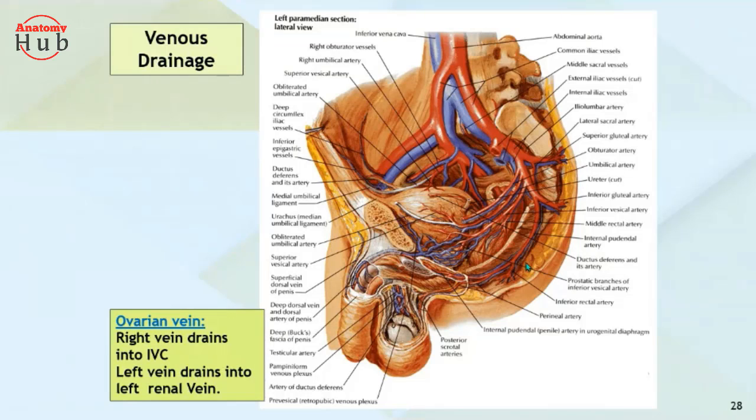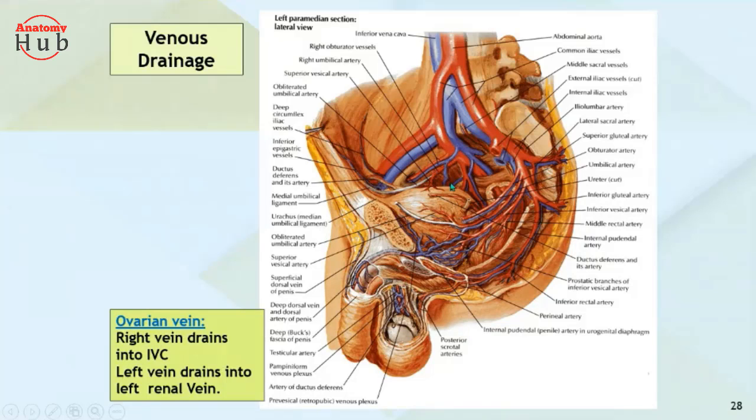But the thing is that the artery is coming centrifugally, but the vein is going centripetally, right? It is going towards the center, while the artery is coming out of the center. Here you'll find the branches are coming out from the artery, but in the vein the tributaries are going in, collecting the venous blood and mixing it. So down to up is the vein, up to down is the artery, right? You never say the branches of the vein, always say the tributaries of the vein.